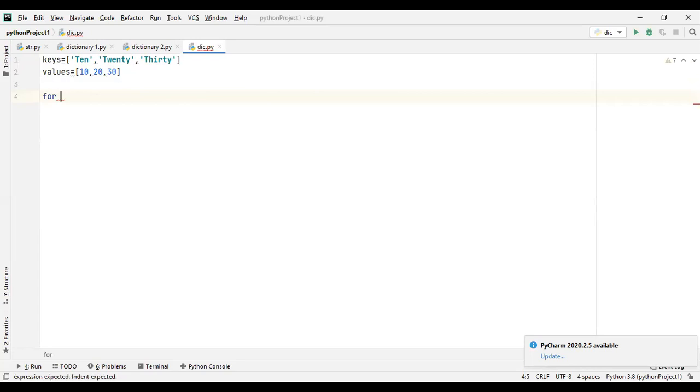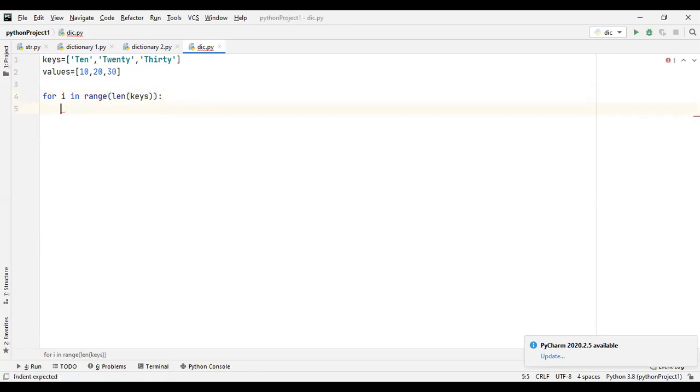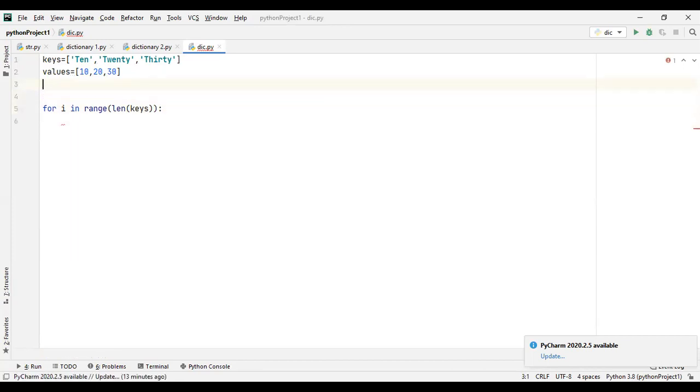So we'll take for I in range, and let's take the range of any list. So I'm taking keys over here. For I in range, so this will become suppose 3 or something, whatever. And then yeah, we also need an empty dictionary over here, so D equals this.